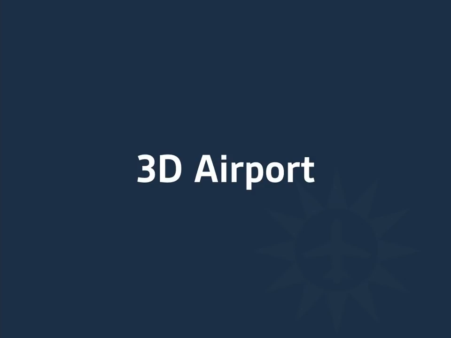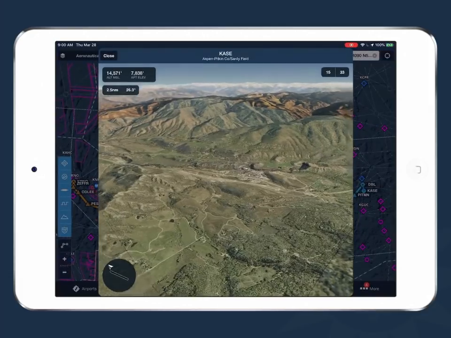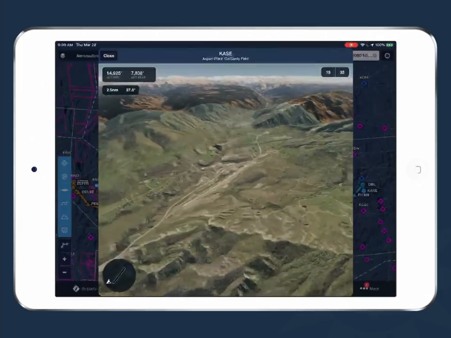We've also been working on some visualization features. The latest one is called 3D Airport. This allows you to visualize any airport in the world in 3 dimensions. And it's very simple. You can tap on an airport, open it up, and you will see a view that looks like this. So we've taken the worldwide Jeppesen terrain database that's built into every ForeFlight subscription, and on top